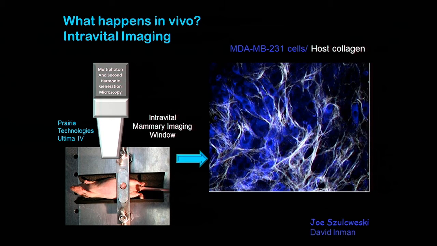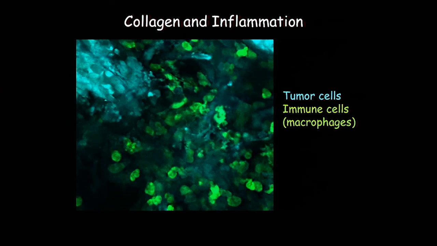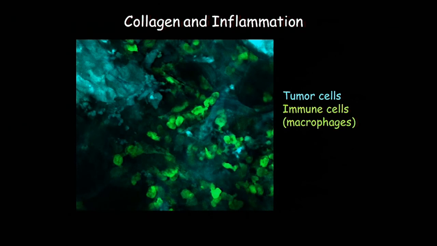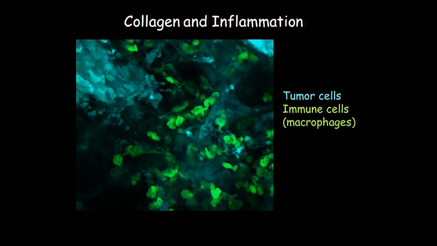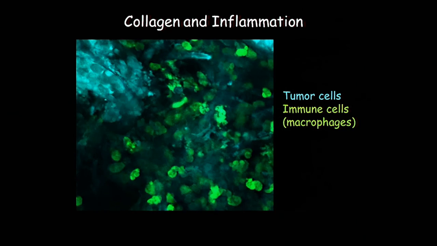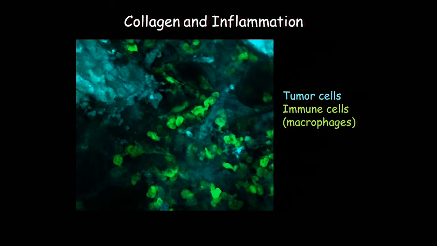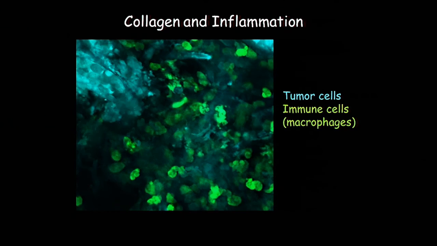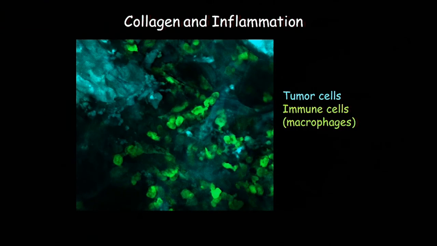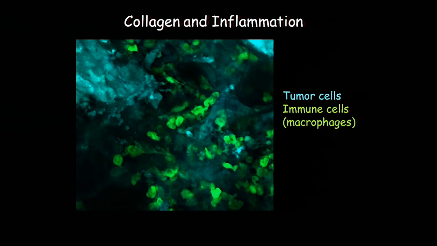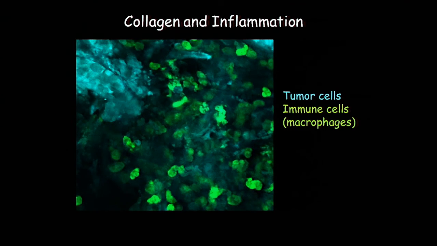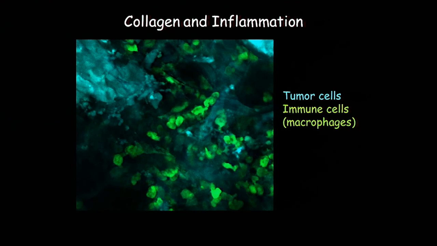Here, white is collagen, and blue is the tumor cells that are in the window. Here's one such image where we've got tumor cells in blue. You can see one starting to invade out right here. And green are all these immune cells that you've heard about today from Melody Schwartz and Helene Langevin, macrophages and neutrophils. And there are a lot of them in the environment, and actually they're much more active and migratory than the